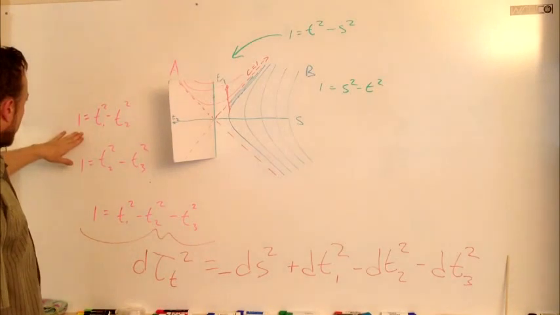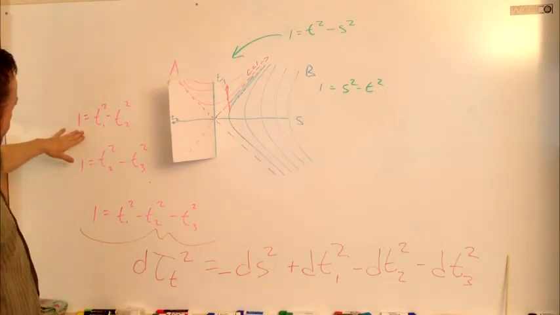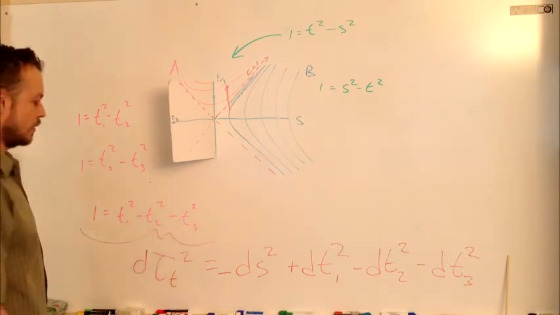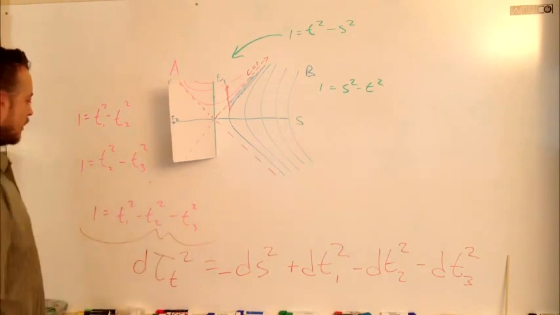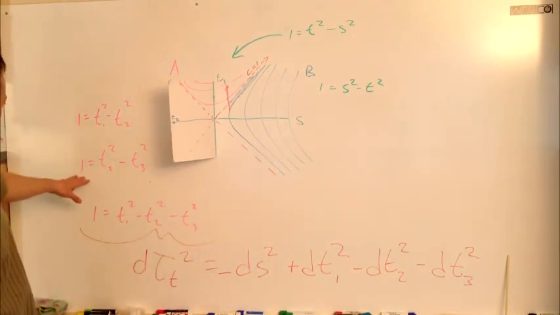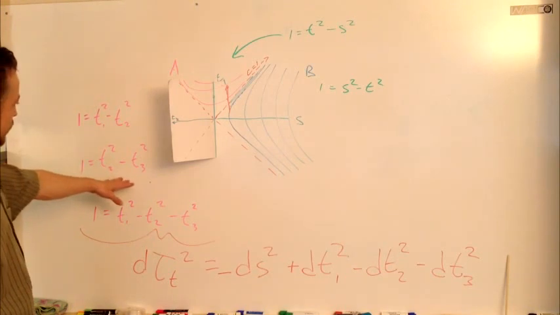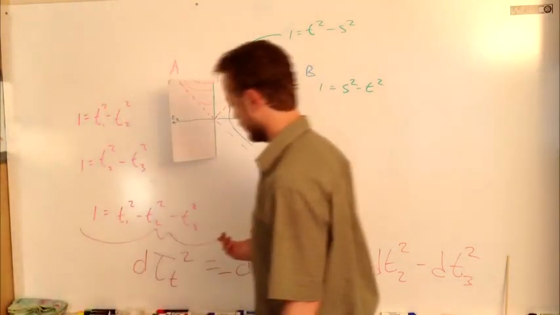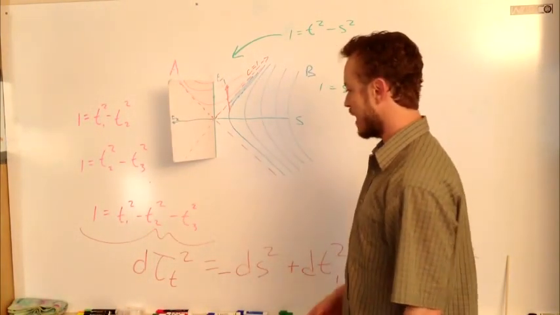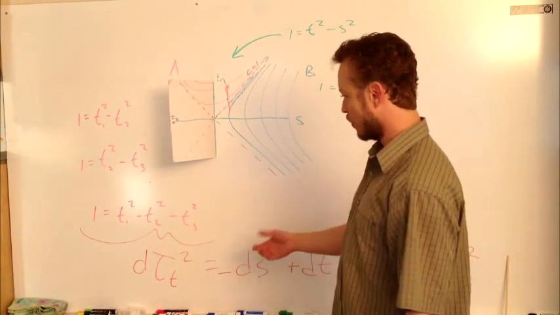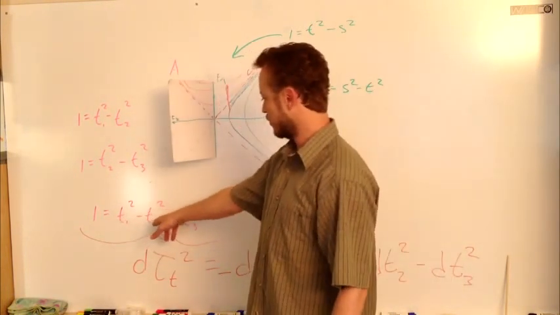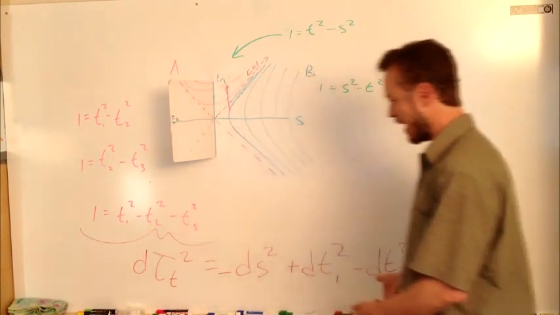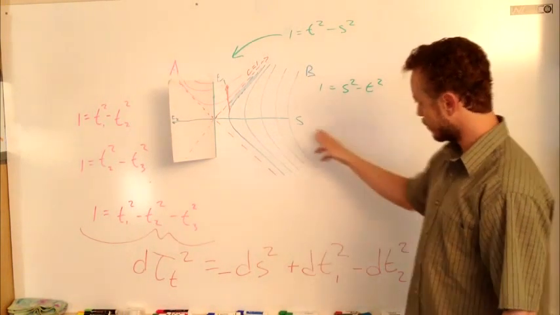Here we have the hyperbolic equation that would correspond to T1 and T2, which I demonstrated with the little wooden diagram. Here, this would correspond to T2 and T3, which I also demonstrated with the little diagram. And so through either complex conjugation or simply just adding an extra time dimension, what we get is T1 squared minus T2 squared minus T3 squared, the 3 dimensions of time, and from that, by bringing in the spatial time